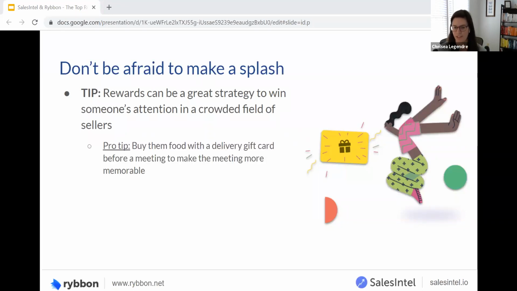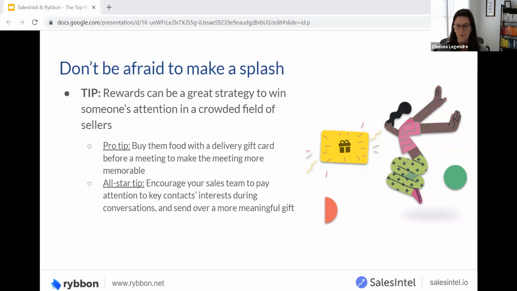We have a pro tip for you today. The first one is maybe you're in different time zones. Say I'm East Coast and I'm contacting someone on the West Coast. Maybe I could send them a coffee gift card if the meeting is very early for them. Or perhaps I'm talking to someone in EMEA, then maybe I'll provide them a reward for ordering dinner. Our next tip is our all-star tip. Did they mention a hobby on a previous call? Maybe they like to run, or perhaps they have a favorite sport or sports team. Retail cards that match your prospect's interests can be really impactful and bring a welcome and human component to sales conversations.